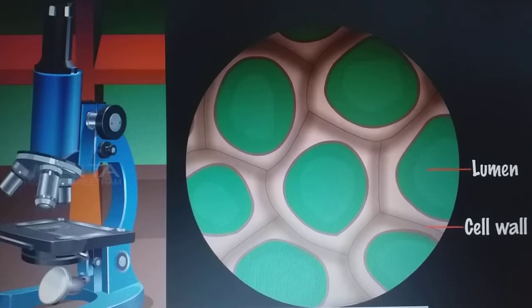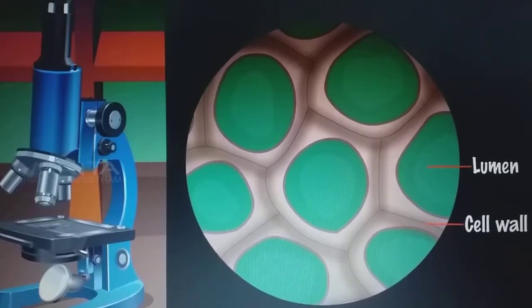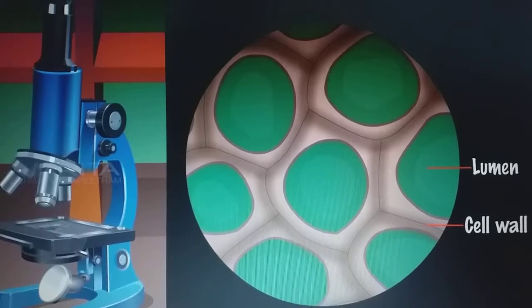Now inference. As the lumen is very narrow due to the deposition of lignin, we can say this is the sclerenchymatous tissue. The cell wall is made up of cellulose, but the deposition of lignin, the cementing substance, makes it hard. That is the reason it is present in the husk of coconut or the covering of nuts. The main thing is that it contains dead cells. Among parenchyma, collenchyma and sclerenchyma, parenchyma and collenchyma contain living cells, whereas sclerenchyma contains dead cells.